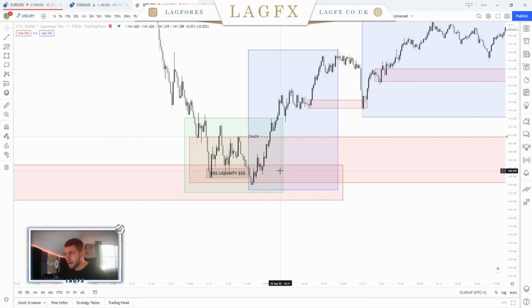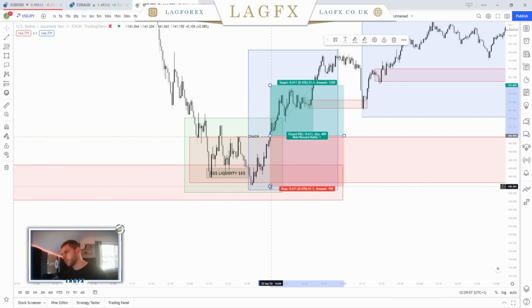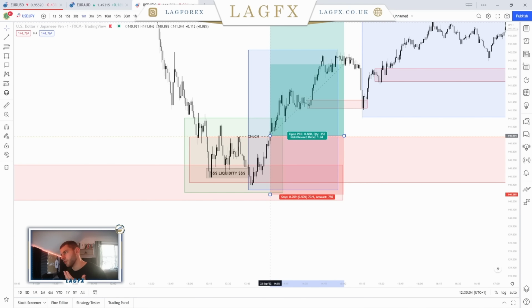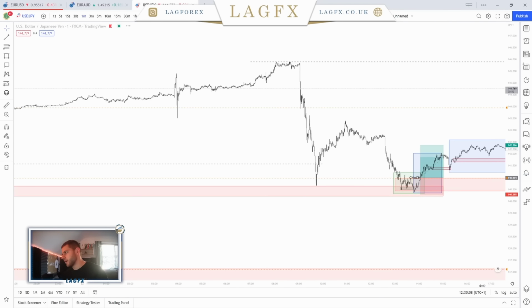And I'm going to show you examples of how we could have done that as price prevailed upwards. So, as I stated, the first thing we could do is just get involved simply after the change of character is delivered. Stop loss below the low or below the zone, wherever you decide is appropriate. And then take profit, of course, is going to be all the way at the top of the market where we have our final target,